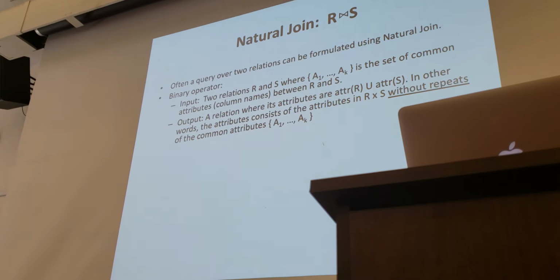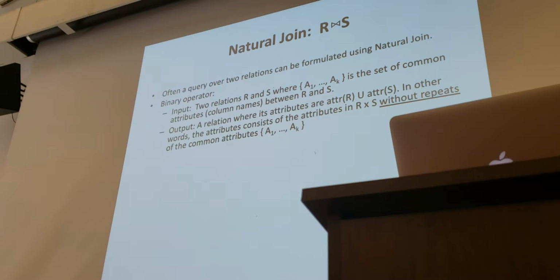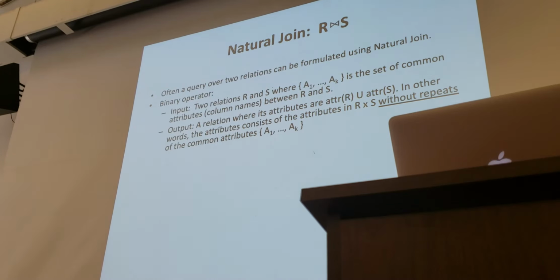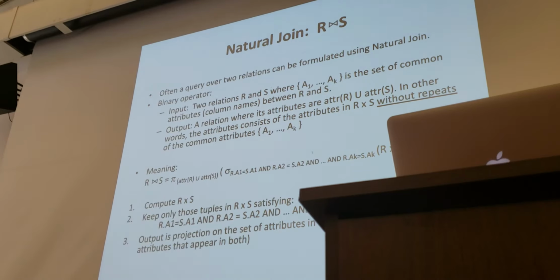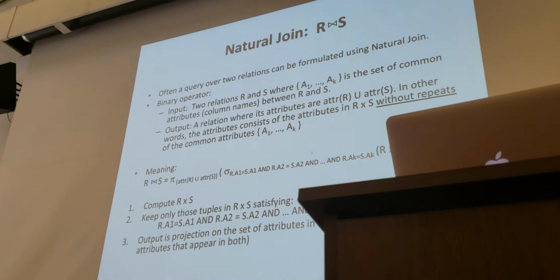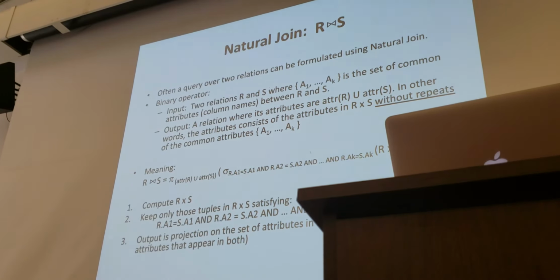So the idea in a natural join is that for common attribute names, the values have to be equal when we're taking tuples from R and S and asking, do they match? They have to be equal to match. And we're only going to keep the attributes once rather than twice. Okay? So the meaning of it is, we're going to take the product of R and S,